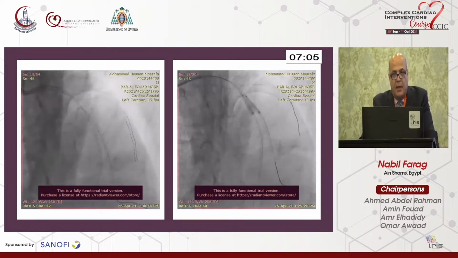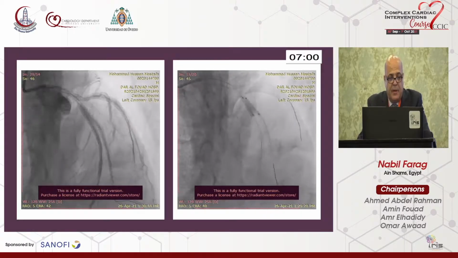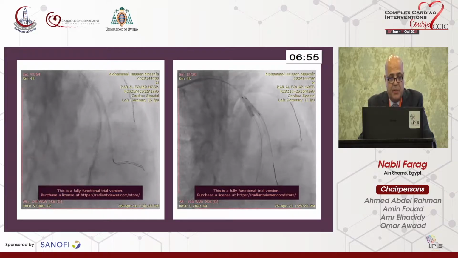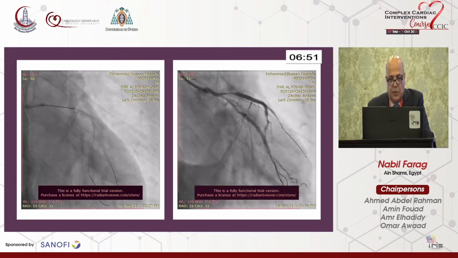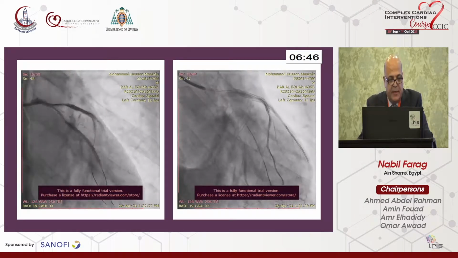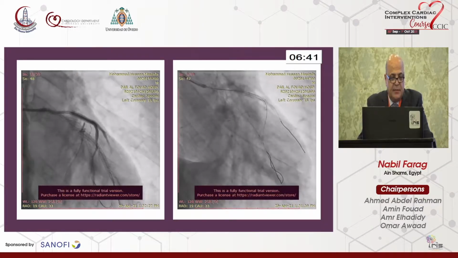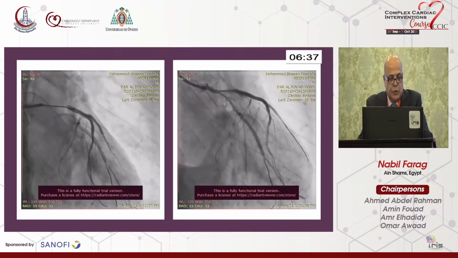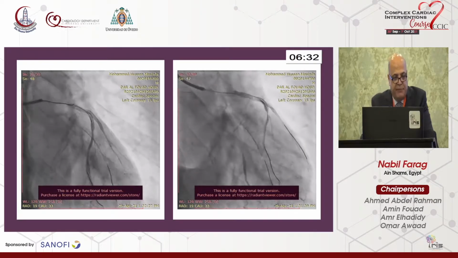That's why I call this case a case when you can't stop. I couldn't leave this patient with this bad proximal part of the LAD and proximal part of the circumflex. Look, and even there was some proximal edge dissection of the stent in the LAD. Can anyone leave this anatomy like this? That's why a decision was made to do a left main intervention, another DK crush for this left main intervention,